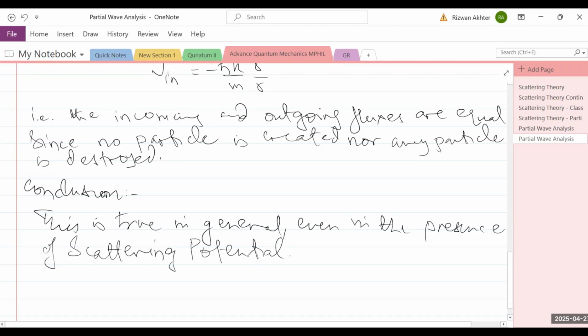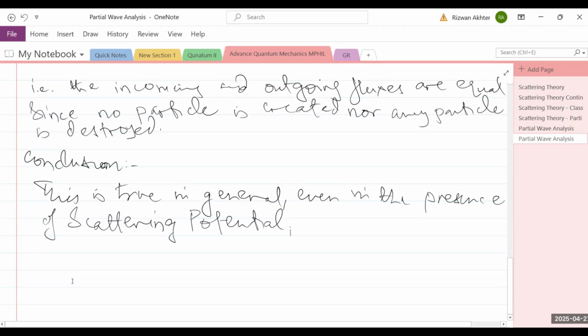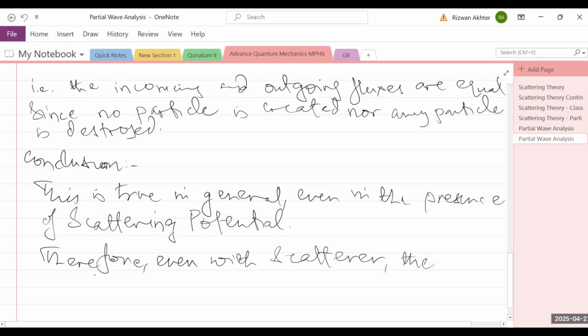Therefore, even with the scatterer, the magnitude of the in and outgoing wave